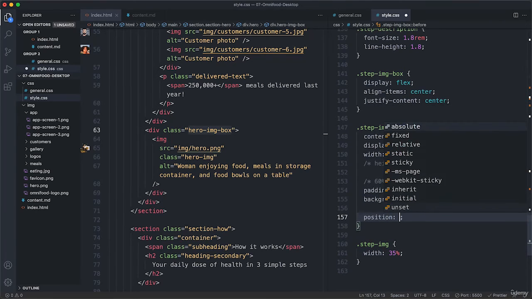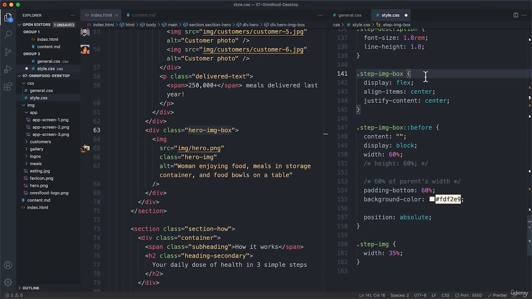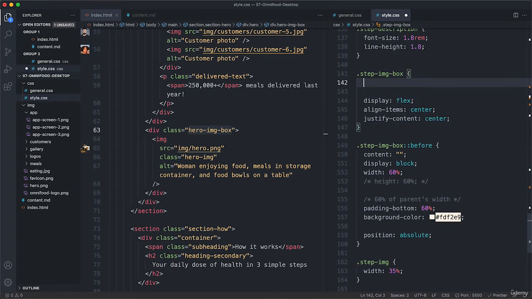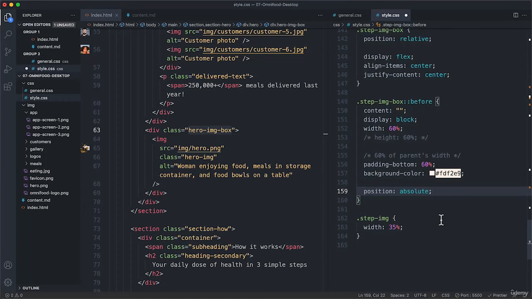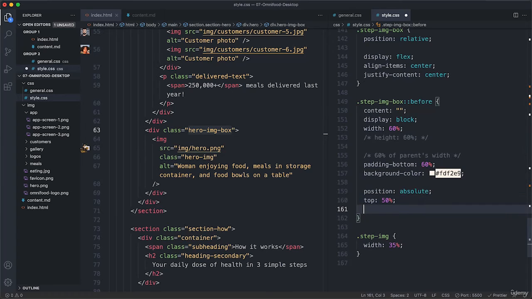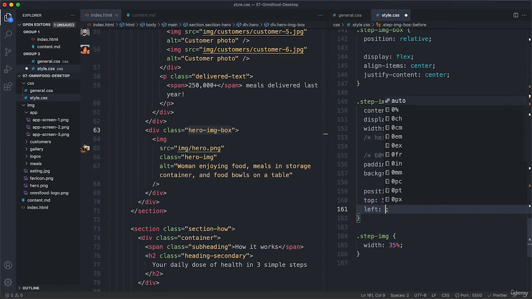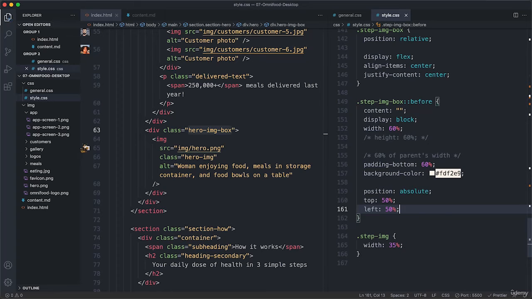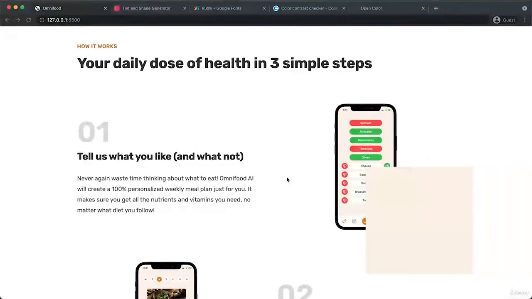So position absolute. And remember that in order for this to work, we need to actually make the parent element, in relation to which we want this one to be positioned, position relative. Right? So we can start here with top 50% and left 50%, because remember, we want it centered, right? But you know already that this is not going to work, right? So it puts it here, where basically this corner is now at the very center,